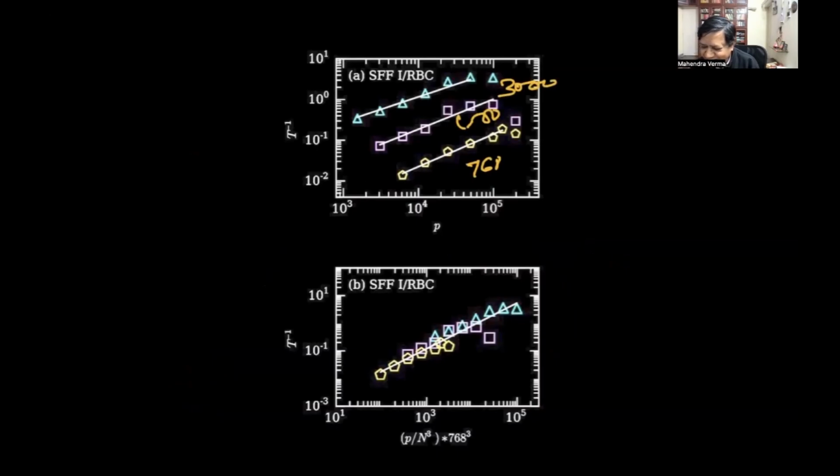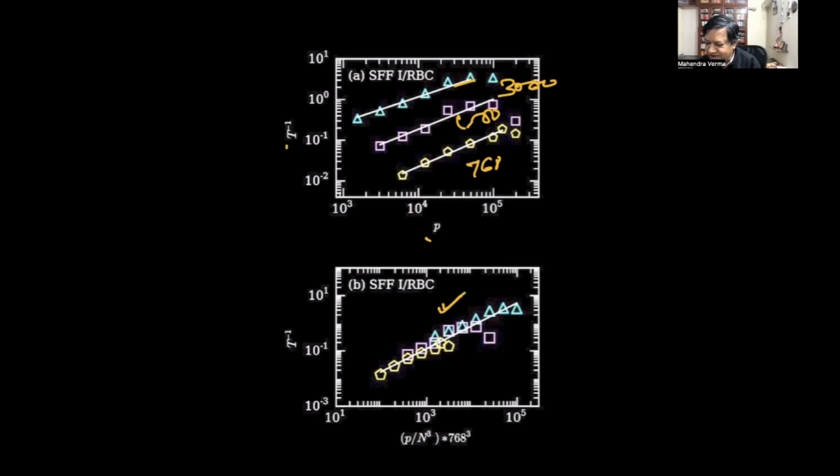So these are the scaling. T inverse versus processors. This is linear in log scale. Now we can do a weak scaling by P over n cube, 768 cube. Okay, so they collapse into a single curve. That means it is also satisfying the weak scaling.